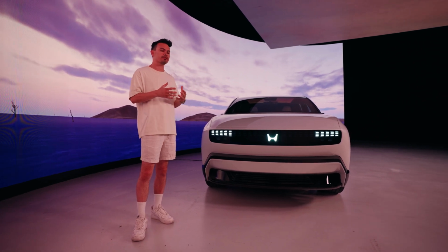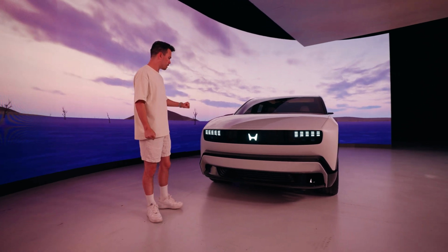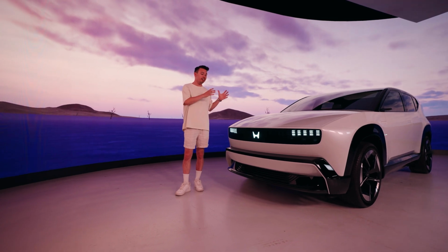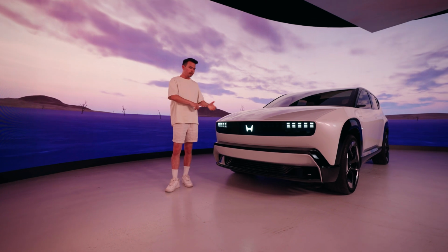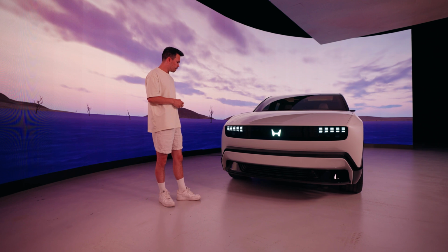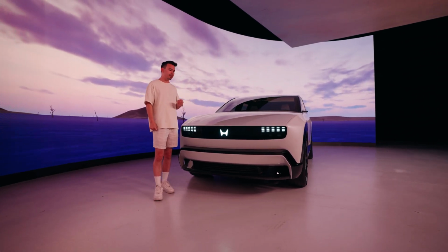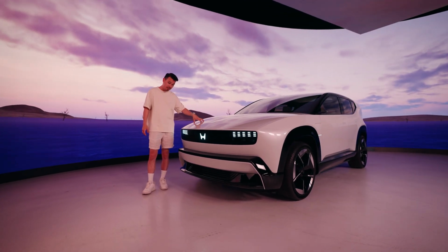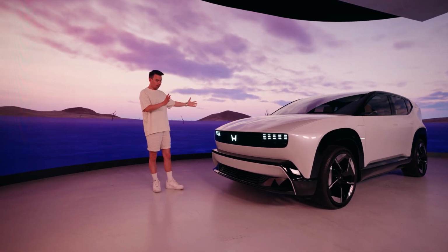And this, a little bit of this new Zero concept is bringing Honda back to the beginning, back to the basics, because this is going to be, well, not the first fully dedicated electric car platform. We saw that with the Honda E, but this is going to be what they're going to use moving forward for probably their saloon, the Zero Saloon, and also the SUV, and hopefully more models in the future. I asked them again, it's hard to know because this is a concept and they are secretive about a lot of information, but it seems like there's not going to be a frunk. That is what they're saying early on now, which I think is a little bit unfortunate because it looks to be